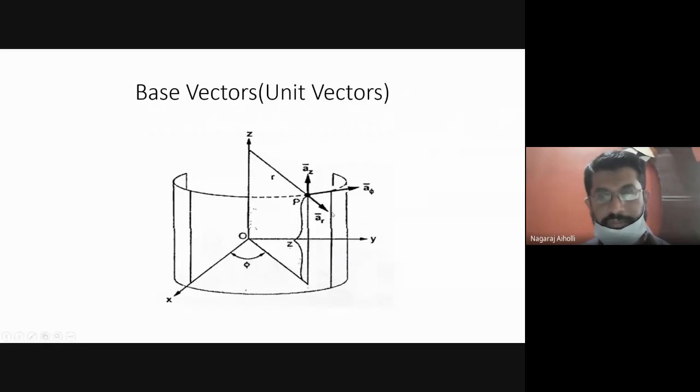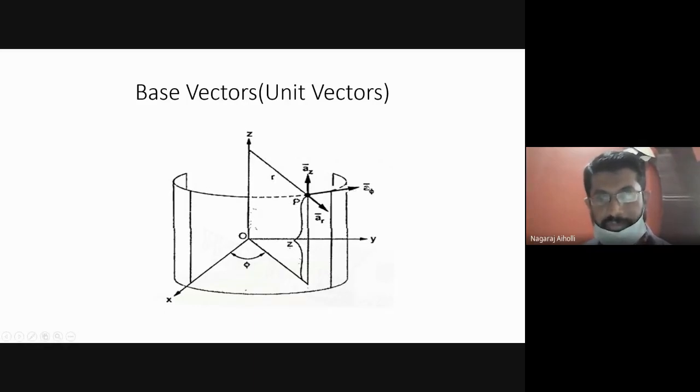If we take the unit vectors, one along the radius, one along the angle phi, and one along the z direction, these are the three unit vectors which are mutually perpendicular to each other. So what are these unit vectors? One is AR bar, which is along the radius, in the radially outward direction, and perpendicular to this cylinder. The next one is A phi bar. How is this A phi bar shown? This is angle phi, and here we get A phi bar at an angle phi.